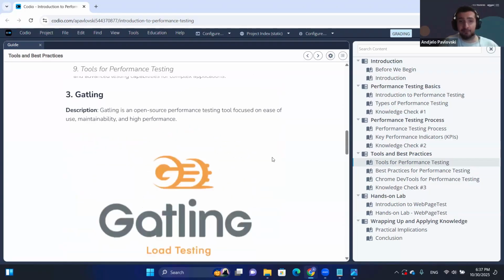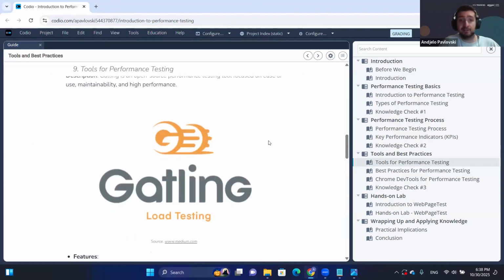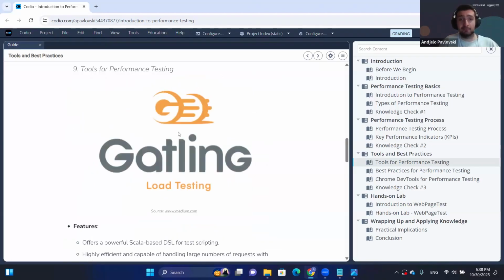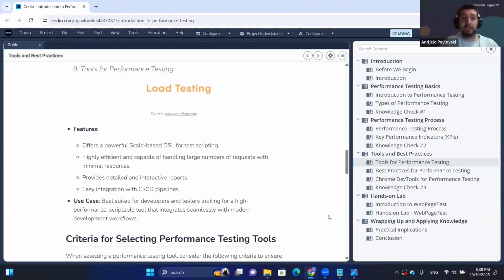And then we go to Gatling, which I personally think is the future of performance testing. Again, it's open source and it is super high in performance. Gatling is code-based. So I would say this is a lot more advanced than both LoadRunner and JMeter. This is basically written in Java. So you write the scripts in code. It's not with a GUI where you get to set up everything similar to the other two. And this one is currently, I would say, the one used on most large-scale